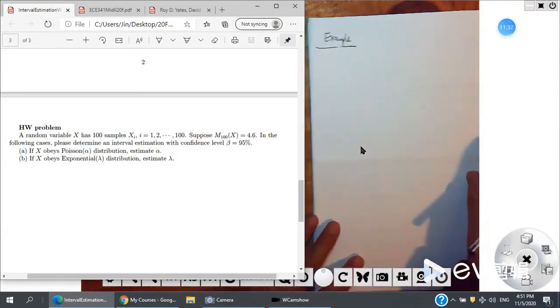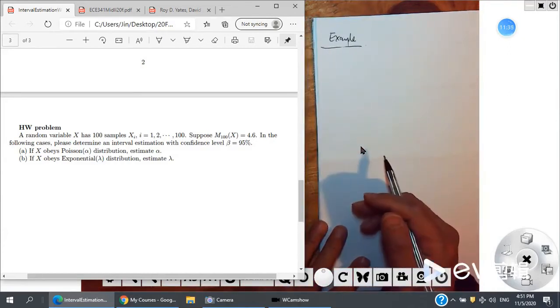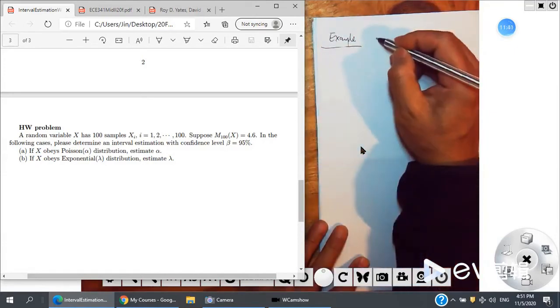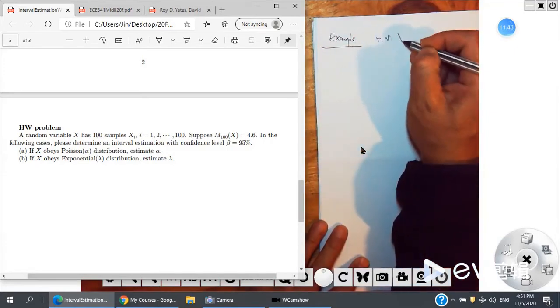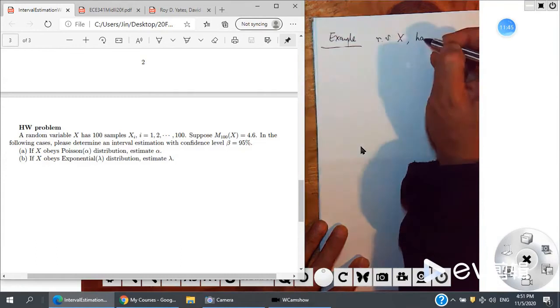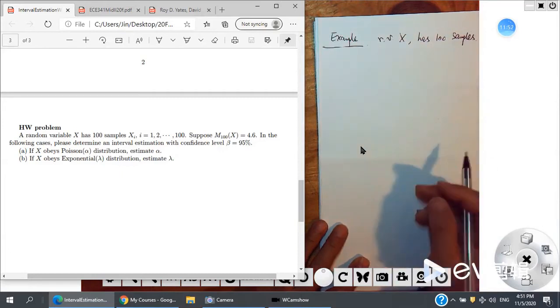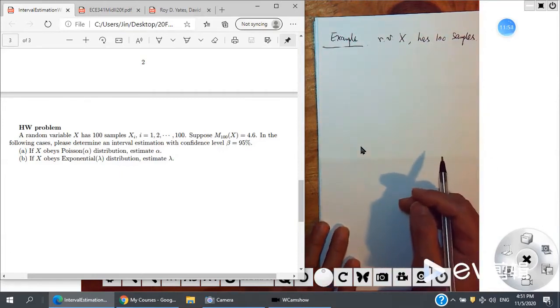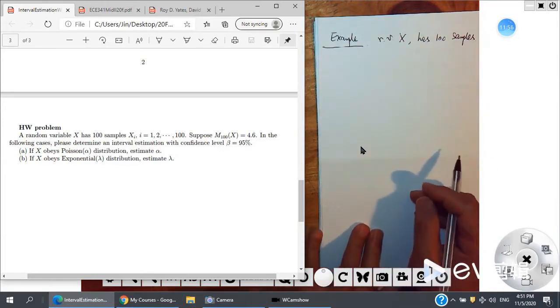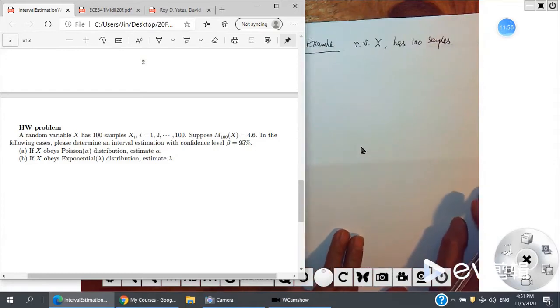Example: we have a random variable x and I still use 100 samples. Maybe you can have 1,000 samples or 500 samples. That depends. Here I just suppose we get 100 samples,